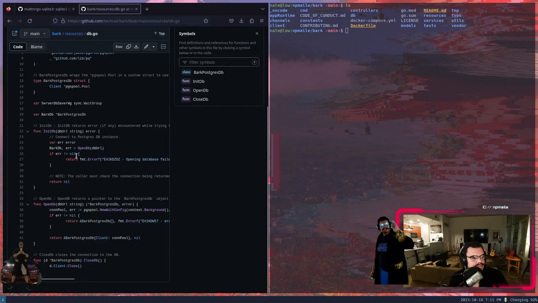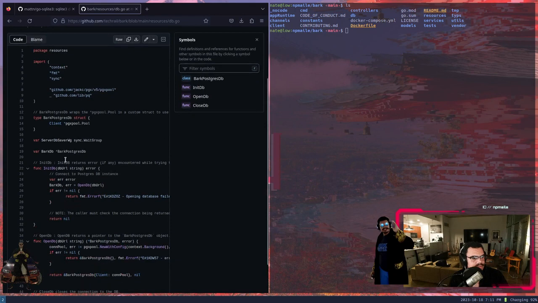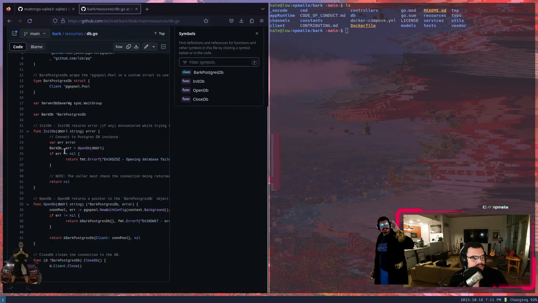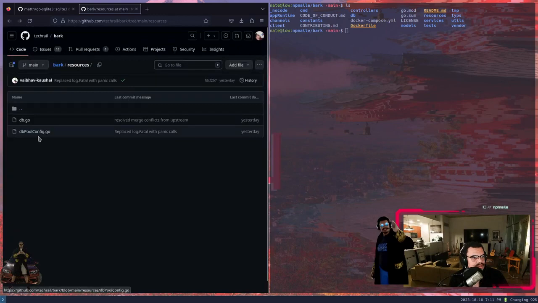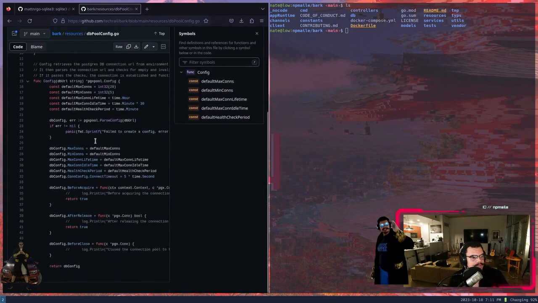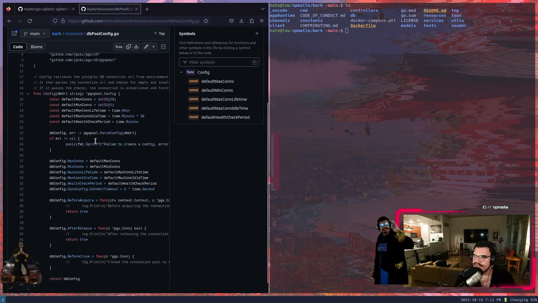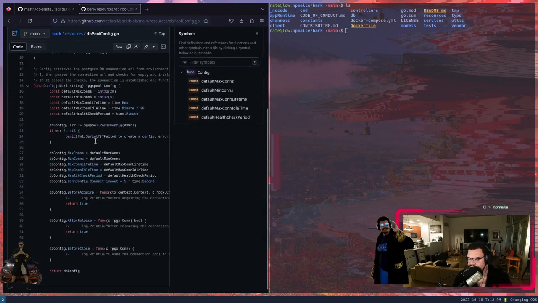Init DB, open DB, close DB. And I wonder if this is actually all we need to do to set this up. Let's see, DB pool config. Okay. So what we're going to do is a little bit of refactor, a little bit of dependency injection,